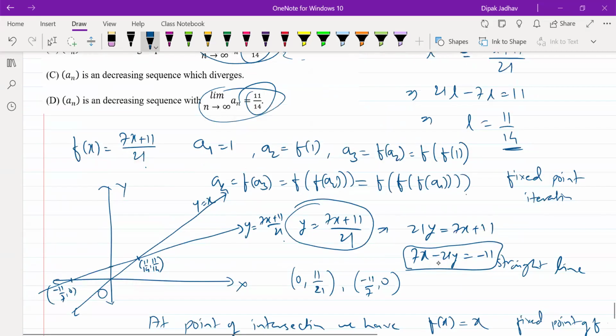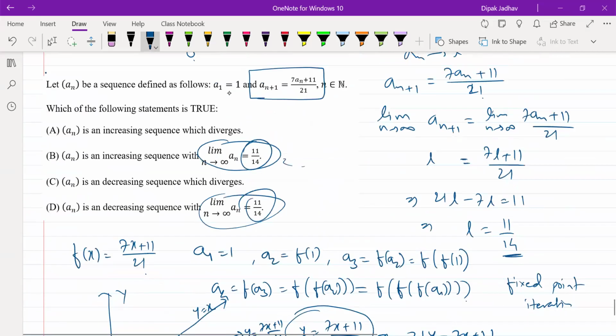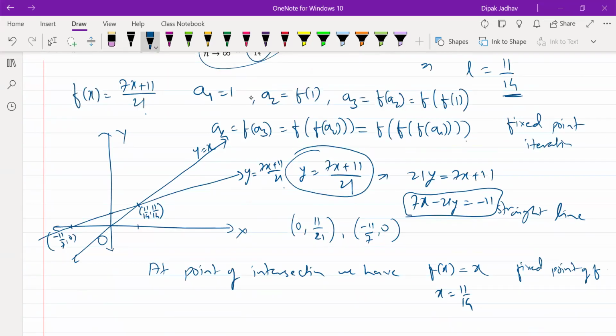Okay. And now we are starting with iteration. The first value a1 is 1. So this is 11 by 14, and a1 is 1 will be on this side. So you have to go till the graph. This is the graph of that function f. From there you have to go to the line y equal to x. So this is my f of 1. The point at which it intersects the line y equal to x, from there you have to go